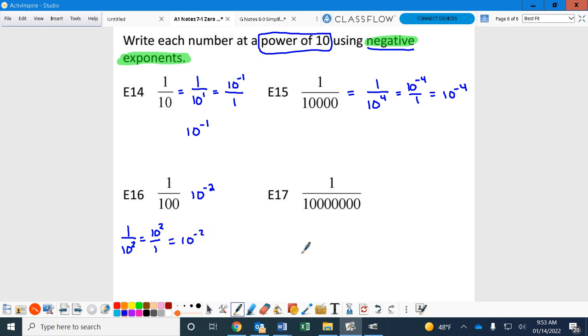Yep. You have to do what you did for 15 for 16. Again, you should learn to where you can get to this point, where you can go straight to the answer. Okay? Okay, for the next one, again, without doing all the steps, that's going to make it 10 to the negative what? 10 to the negative 7, because there's 1, 2, 3, 4, 5, 6, 7 zeros. Guys, however many zeros, that's the power. Change it to negative, you got your answer. 10 to the negative 7. Does anybody have any questions? Okay, guys, so let's go from here and go ahead and get your